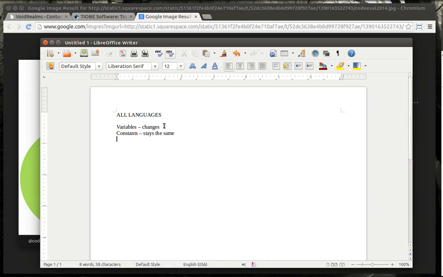And then they have operators. Operators are what you actually do with a variable or constant. For example, you can add it, you can minus it, you can say is it less than, is it greater than. You can AND it, which is a memory function. You can OR it, which is a memory function, etc., etc. So you're going to do something with the variables and constants.